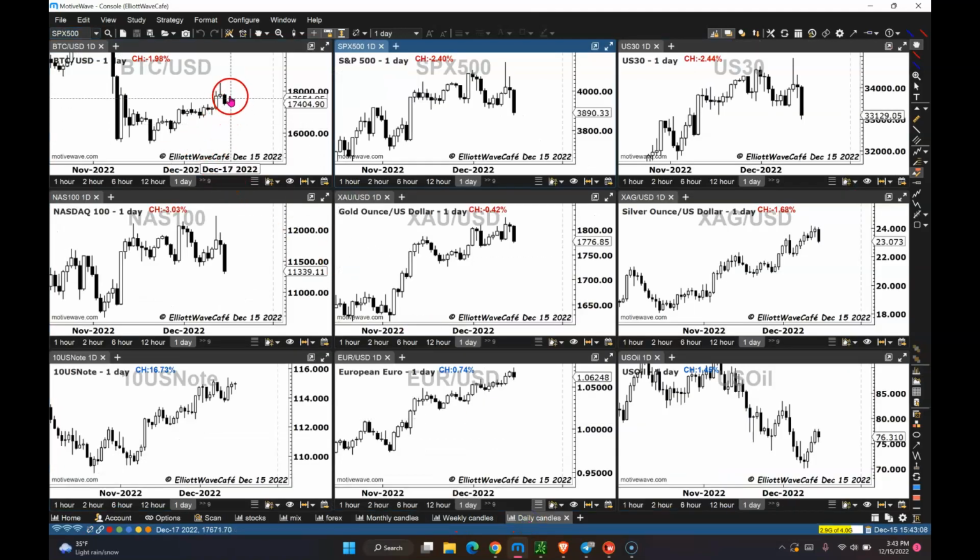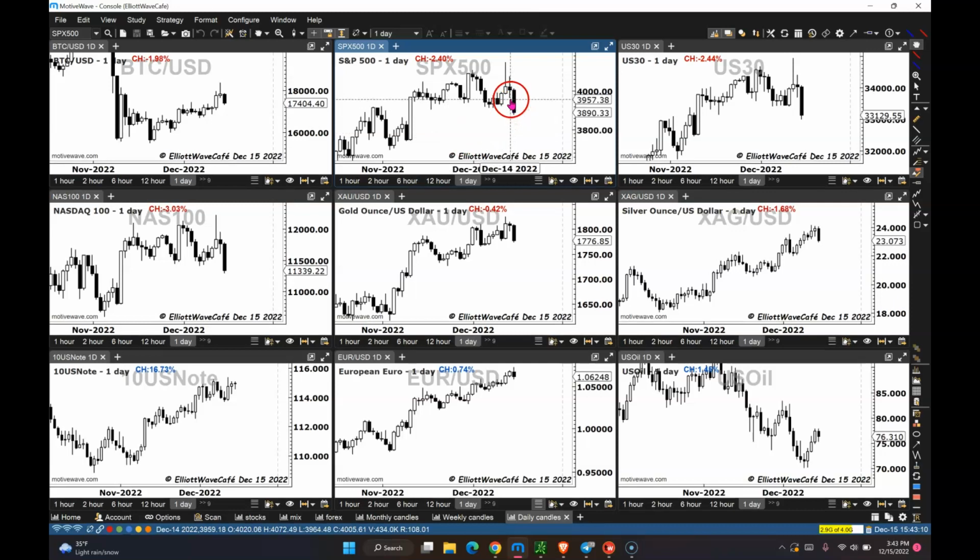You can see in here what's going on in Bitcoin with the sell-off, and look at the massive rejection that the S&P 500 has on the daily time frames. And this was that CPI day, December 13th, when we pushed higher, took those highs, those stops, and then reversed. And then there was a signal that the market could be in trouble. Similar story on the US 30, which is the Dow Jones. And this reversal, I think, will probably continue to move lower.